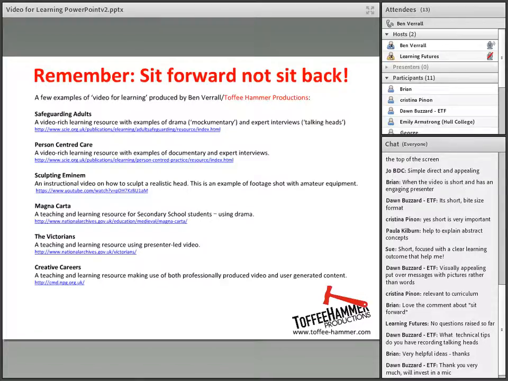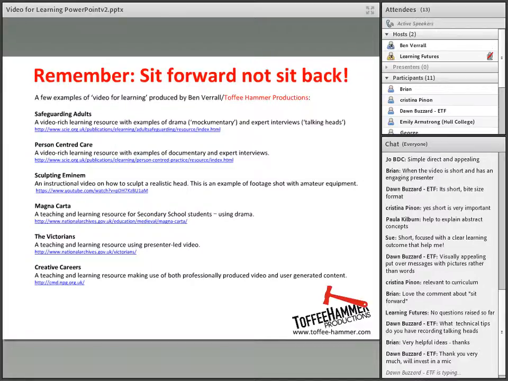And also, particularly if you look at the Sky resources, so for example, person-centered care and safeguarding adults, you'll see that the video is embedded in a curriculum of sorts. The whole learning experience is considered. So you'll see within that that you're always asked a question before being presented with a piece of video, and you're given a box on which to reflect on the video.